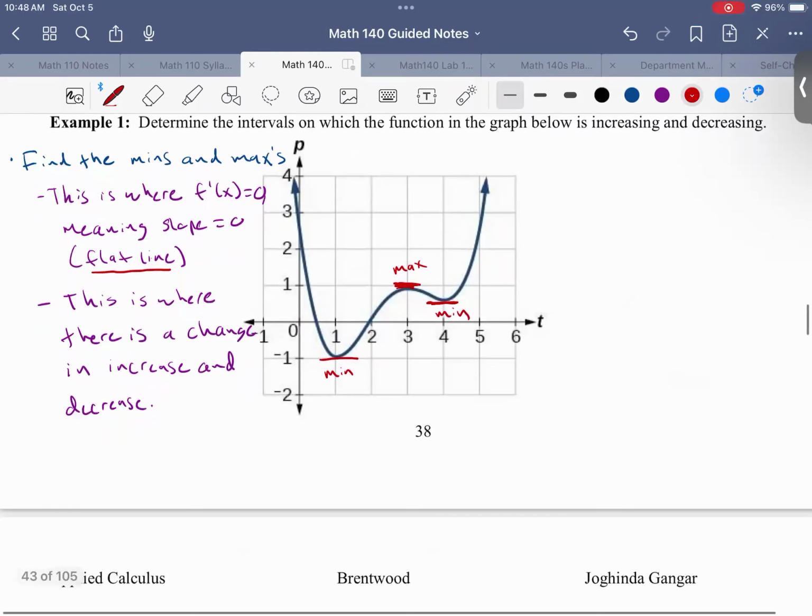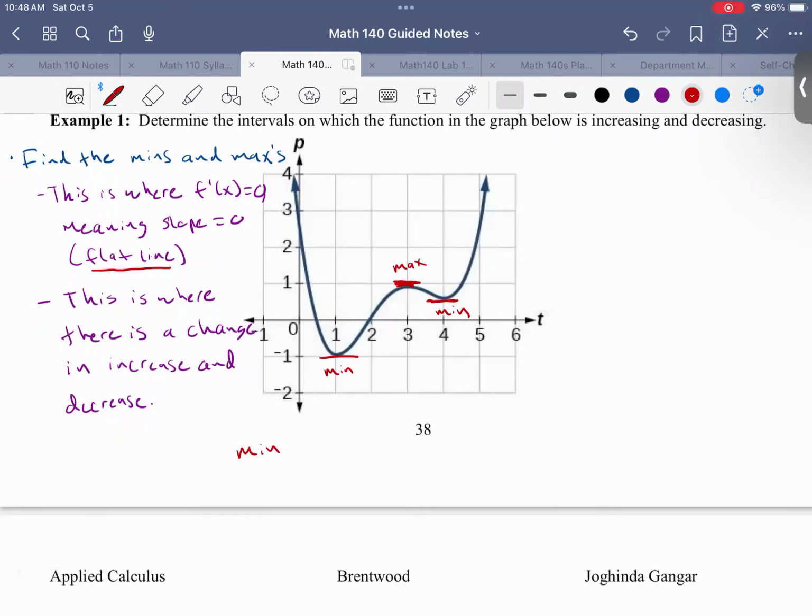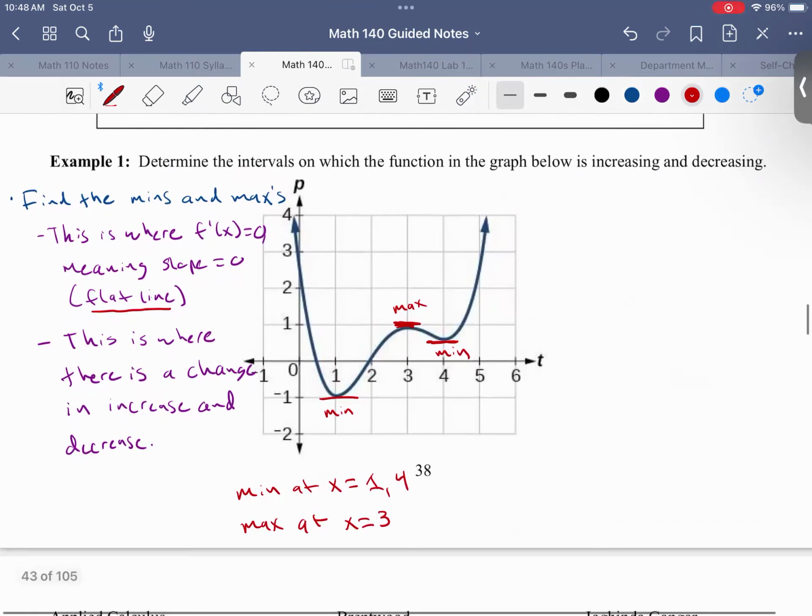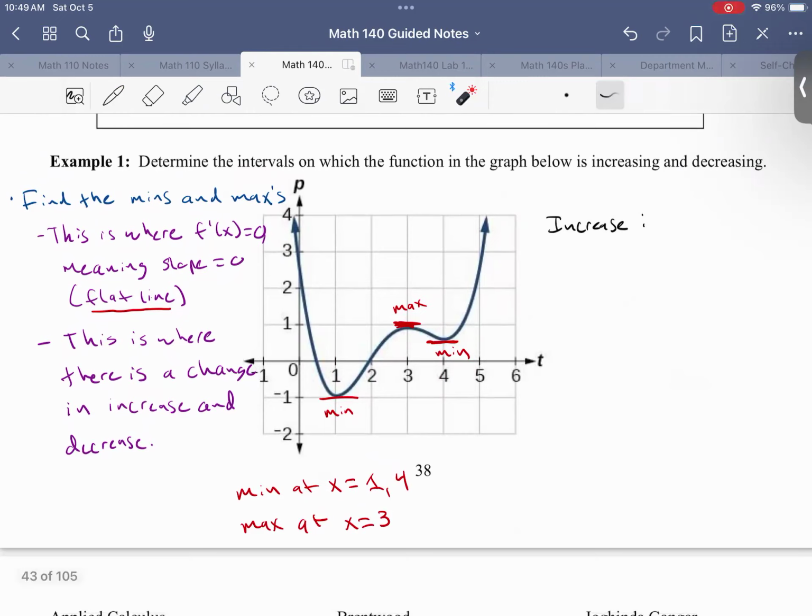Okay, so I'll say there's a min at x equals 1, right? And x equals 4. And there's a max at x equals 3. Okay. So when we write increase, decrease, we talk about our x values on an interval. So the way you would write this is increase, our interval we're increasing from is, if we look at the graph,